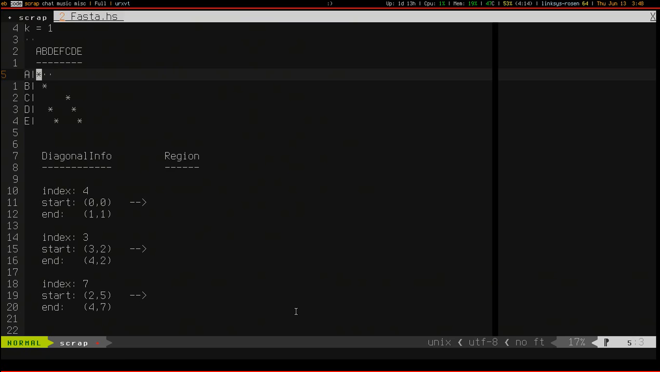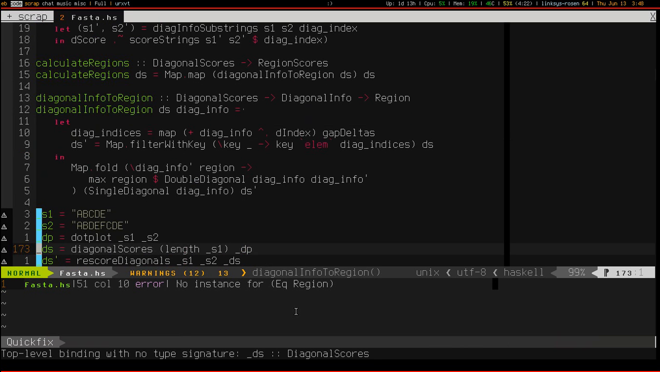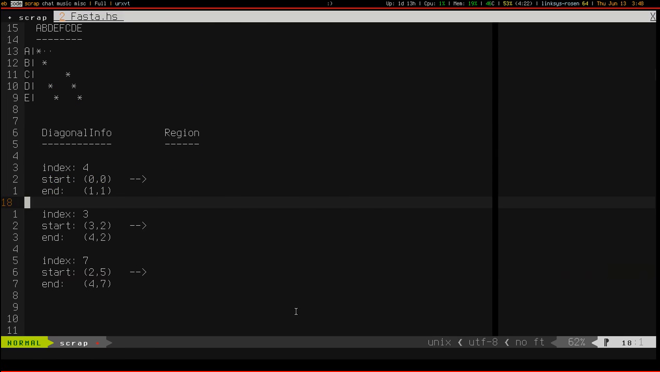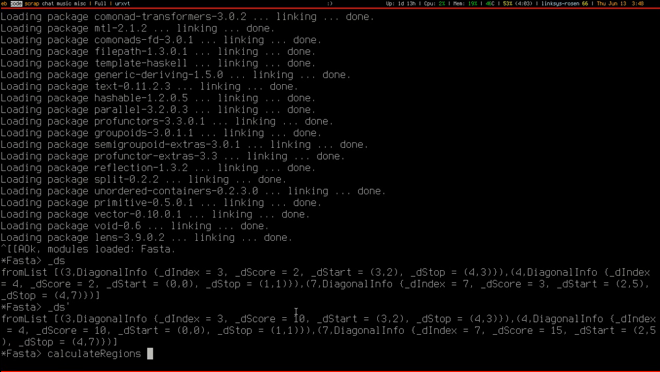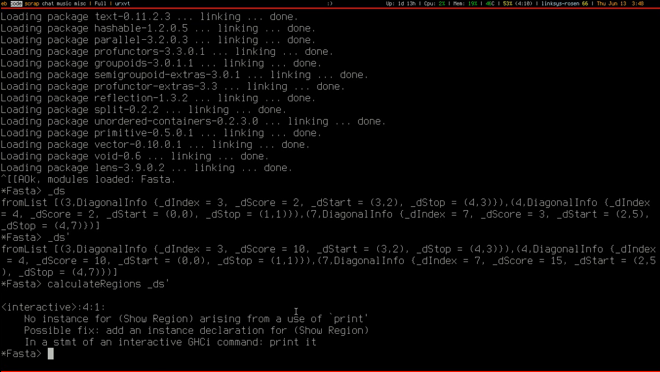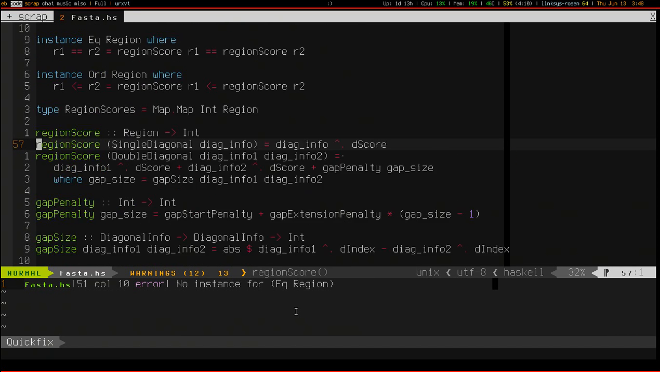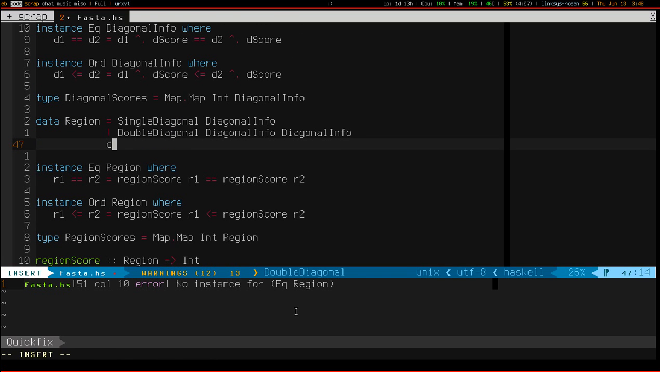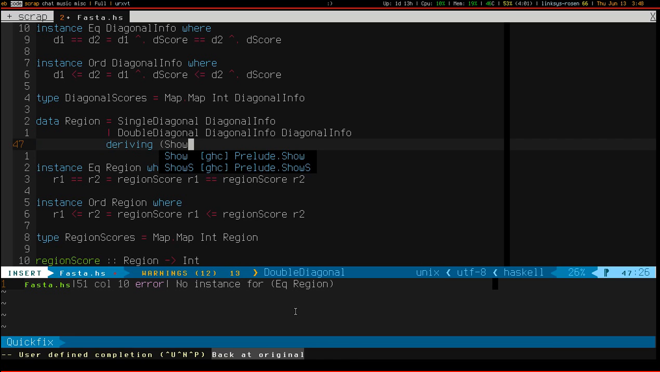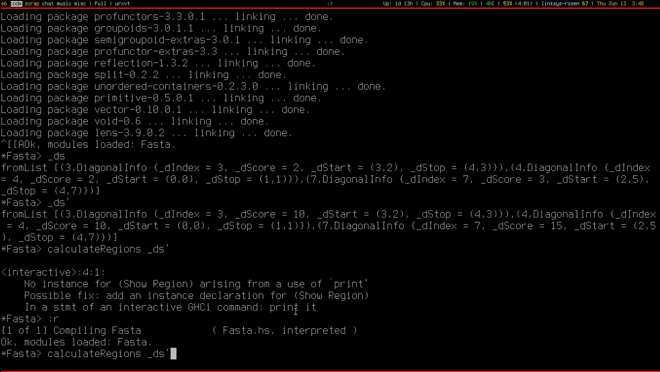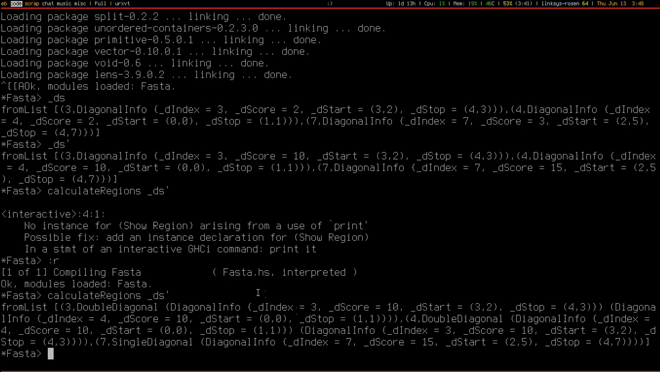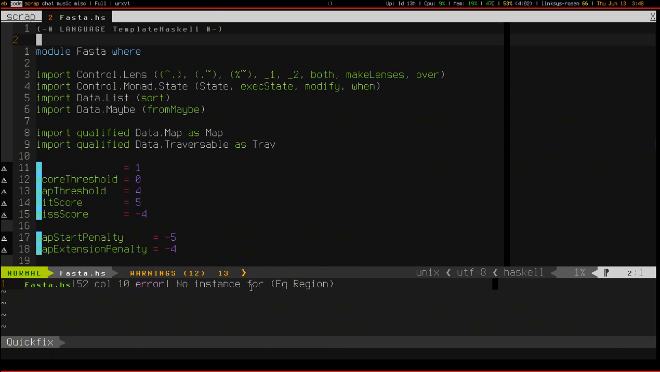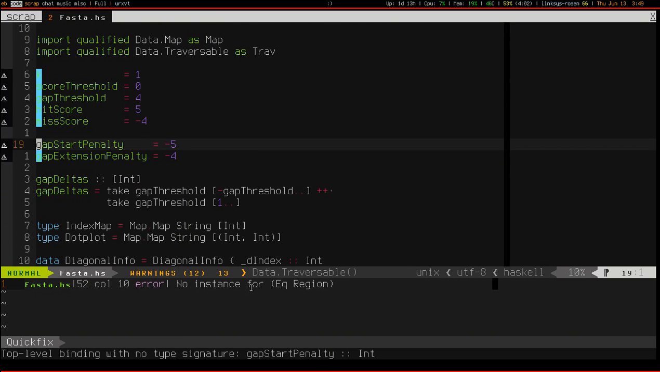And what I want to do now is test to see if calculate regions did what I set out to do. No instance for Show Region. That's because there's no instance for Show Region. Okay, so actually, before I even try to figure out if it worked or not, I'm just going to make the gap penalty,